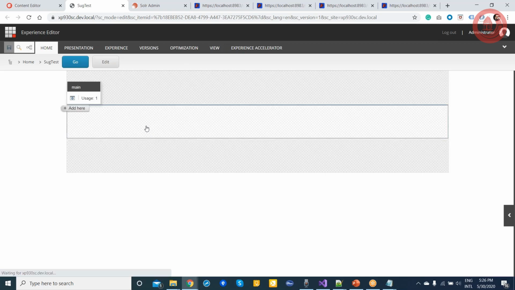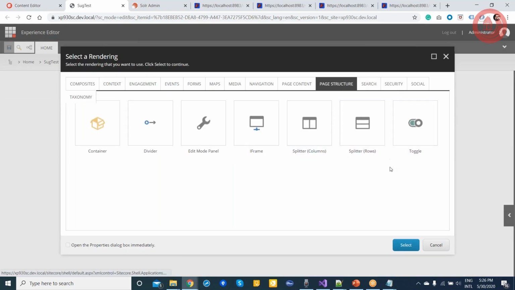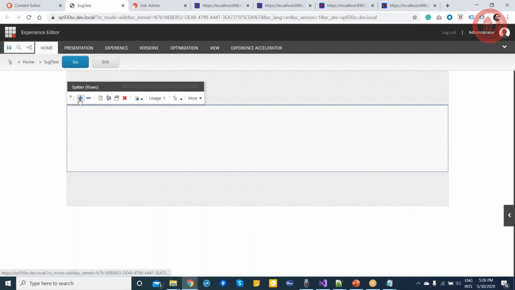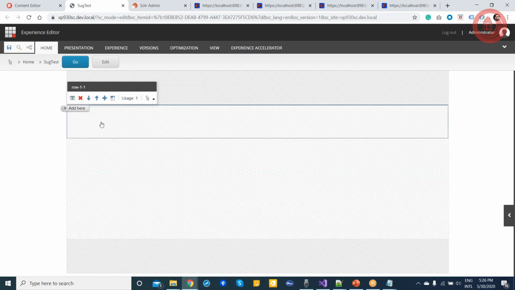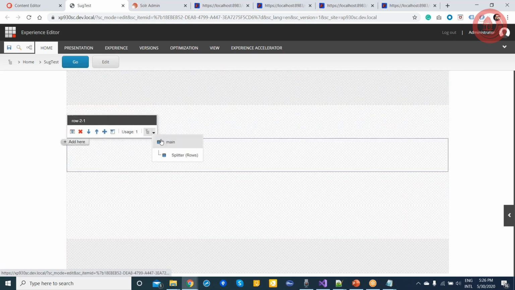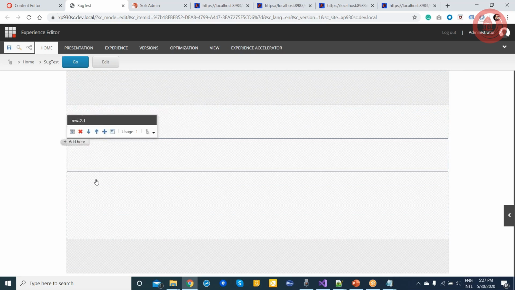Okay. So here, basically, we'll create a page which has all the functionality like search, result, filter, and view mode. So first, let's set up a structure. I will go to the page structure. I will put a row splitter, and within the row splitter, I will put a few rows so we can use. Okay. So in first, second, third.